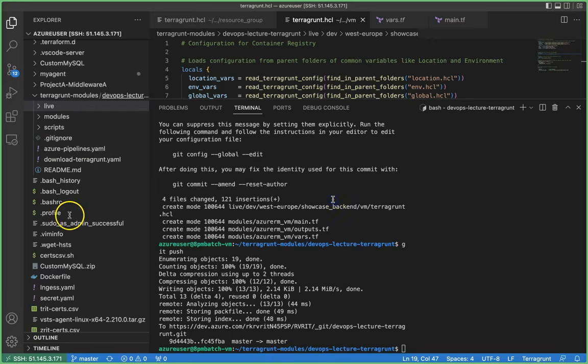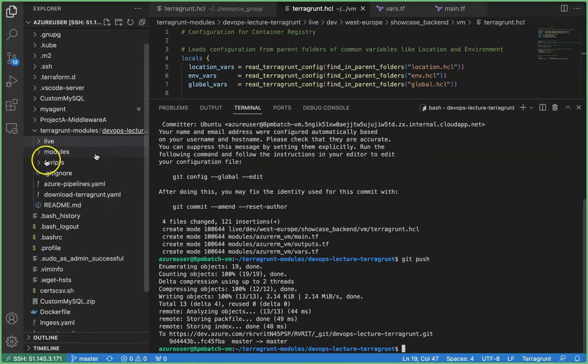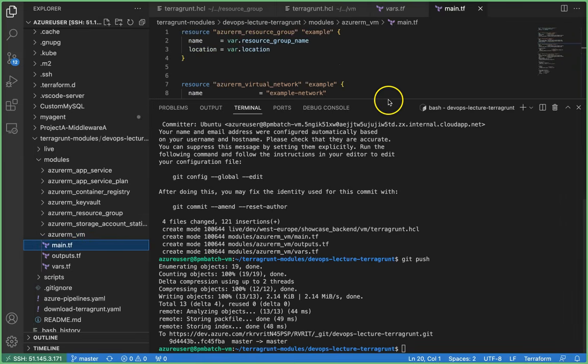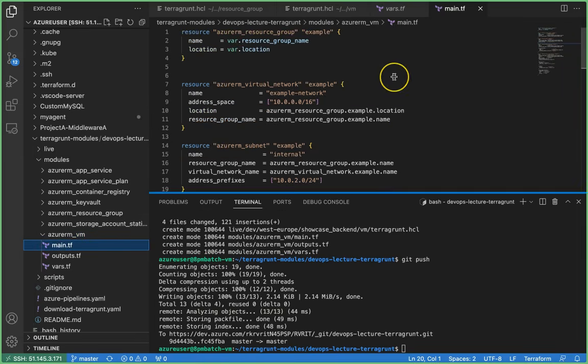Okay, guys, if you recall, I'm going to show you one important thing. Go to the modules, open the Azure VM and open the main.tf. Okay, I'm just opening this one. I'm asking one question to you all, guys. Why are we creating